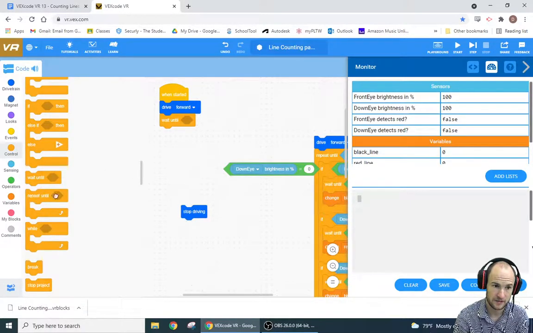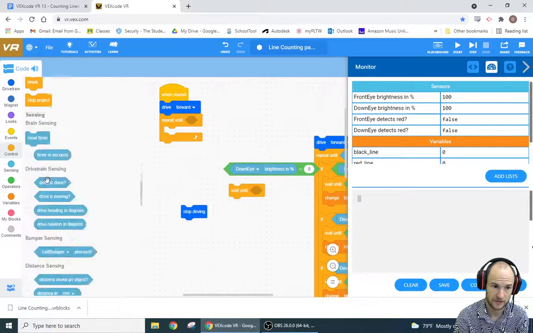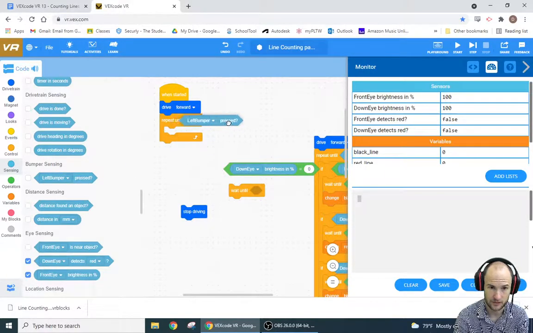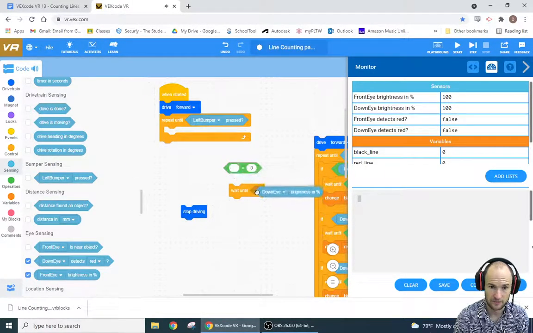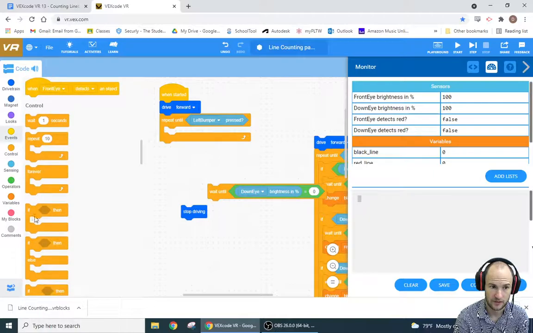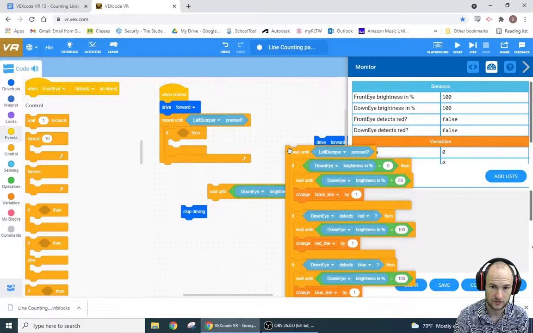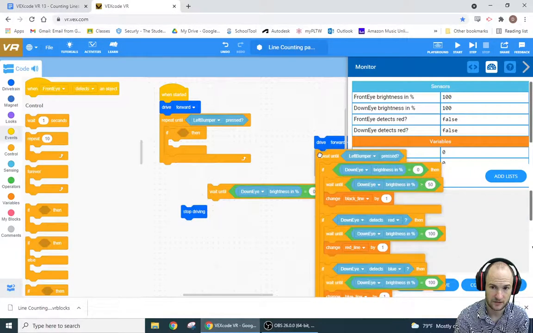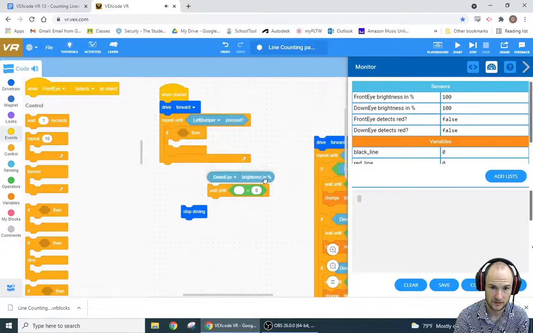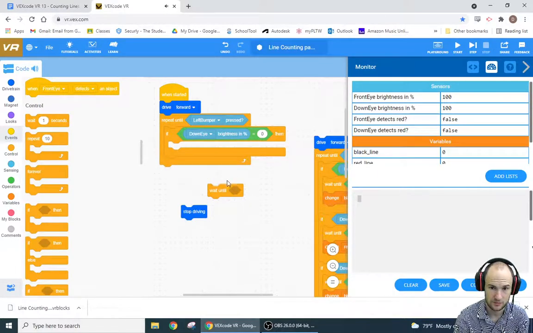But we want to repeat this until. So you have this wait until right now. We want to repeat this until the left bumper or the right bumper is pressed. So that's when it'll hit the wall. You want to wait until this condition is being met. And what we're going to be doing is we're just going to run a very simple if. And you see here, if the brightness equals this. So if the brightness, sorry, I want this whole thing. So if that is brown,